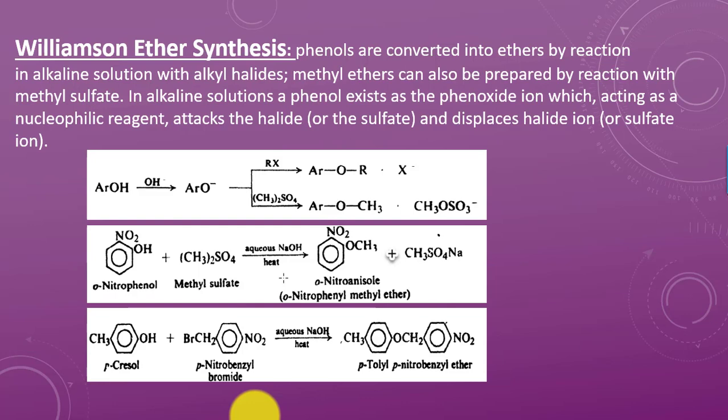Next is the Williamson ether synthesis. In this case, phenol is made to react with a base, and the phenoxide ion is formed. In the next step, this phenoxide ion, acting as a nucleophile, will react with an alkyl halide or methyl sulfate and replace the halide ion or the sulfate ion, resulting in the formation of an alkyl aryl ether. Different examples are shown,